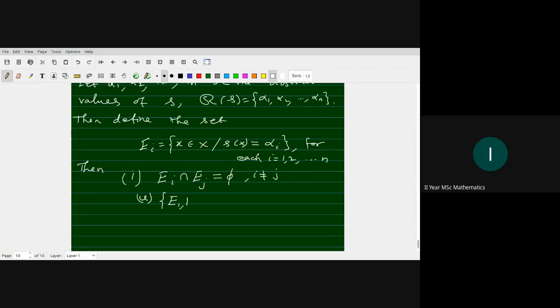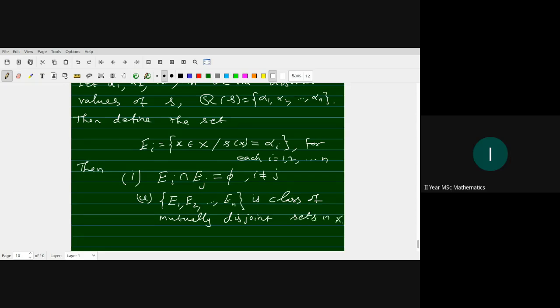So E1, E2, etc., En is a mutually disjoint collection of disjoint sets